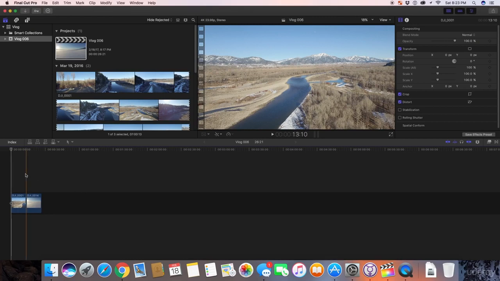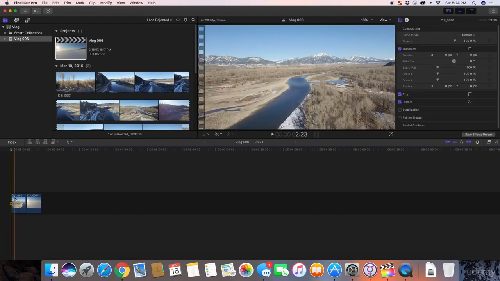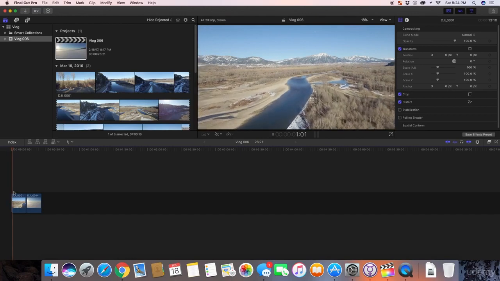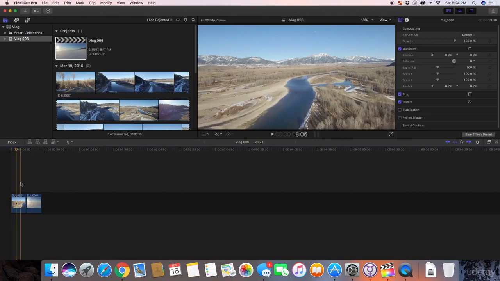So I've got two clips here. This first clip, I'm going to show you how to do the dolly zoom effect. The dolly zoom, I have a clip here that the drone is just moving slowly forward, so this is much like a dolly move. You can see this. And the first thing I'm going to do is